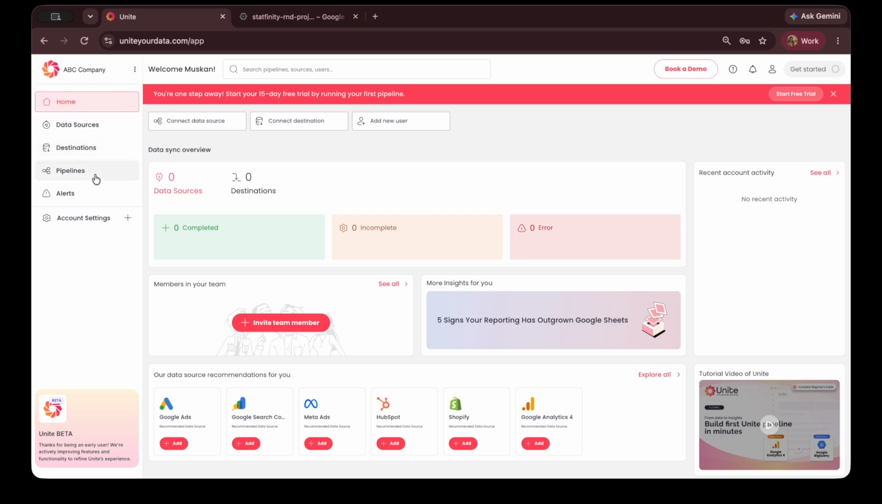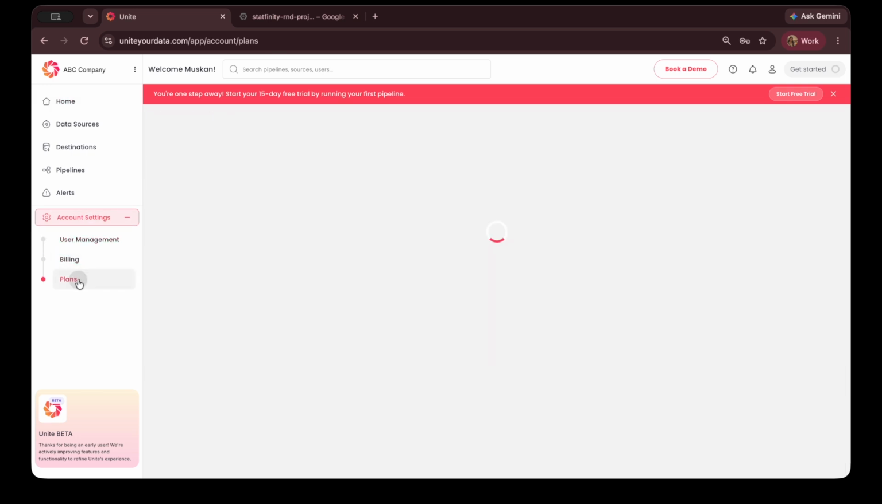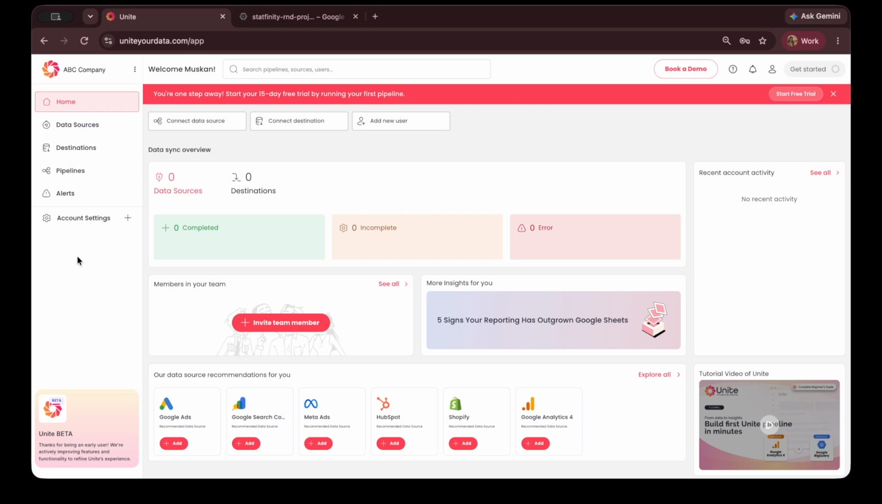This is where you can access all the core sections of Unite, like your data sources, destinations, pipelines, alerts, and other key areas of the platform, along with account settings. At the top, you have the header section. Here, you'll find quick actions like search, book demo CTA, other important controls to manage your workspace, along with your